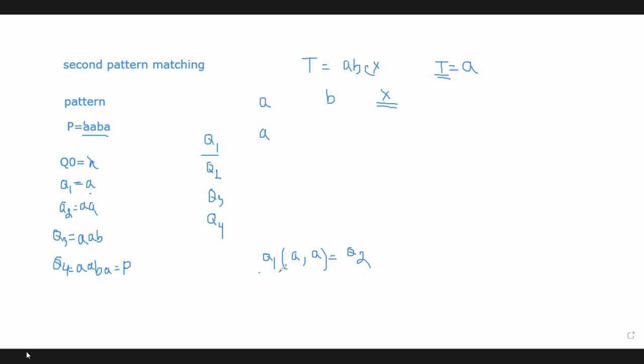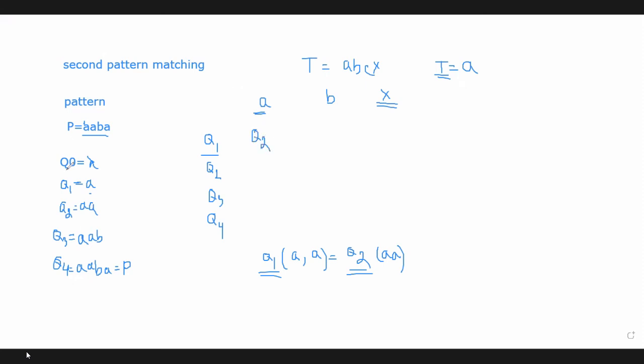Our current state is Q1, which has the value A. And now, if the character of the string is A, that means you are taking which character? A, right? Yes, ma'am. At that time, now this table will move on to its second state, that is Q2, because in Q2 the value is A, right? So when the state is Q1, and if we get our text, that means now the table will move on to its next state, that is Q2. So here we can write Q2, isn't it? Yes, ma'am.